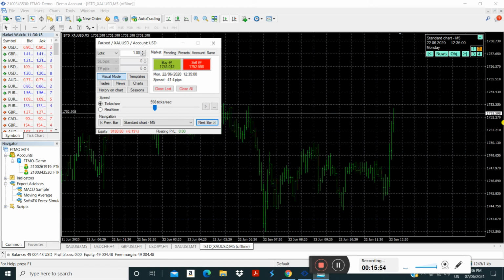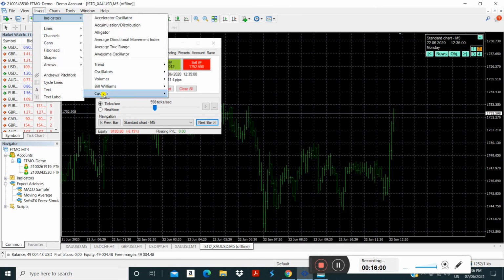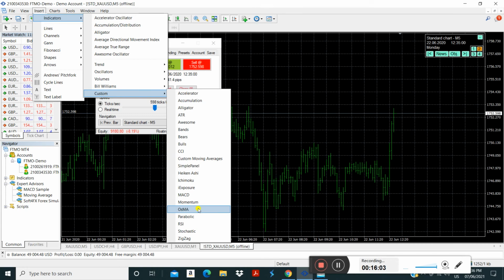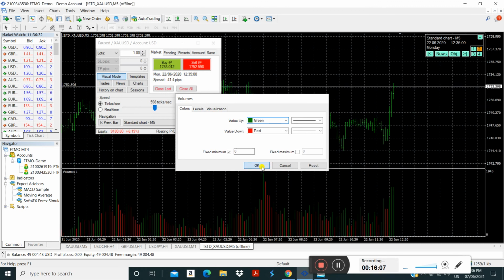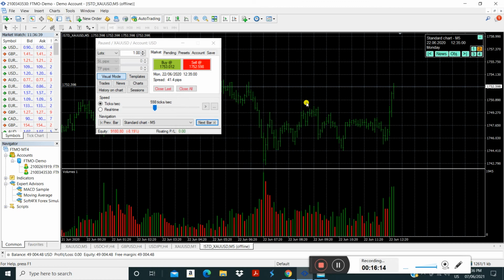So you can practice your London setups, your other setups right from the simulator. If you want to insert any indicator, you can insert it from here. Let's suppose I want to insert volumes. I just insert volumes, and I can customize it the way I want. I can also change the color of the background. I can use the Wyckoff analysis, I can draw trend lines. I can use TradingView to analyze the chart according to this date, and then I can analyze the trades.